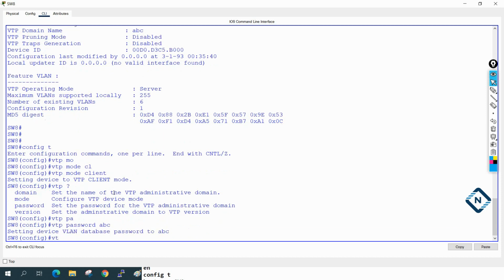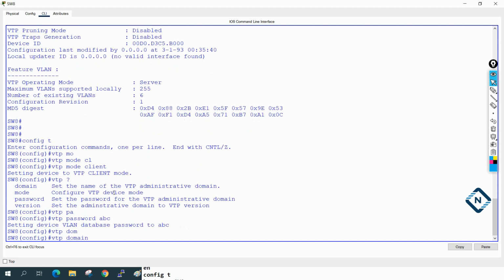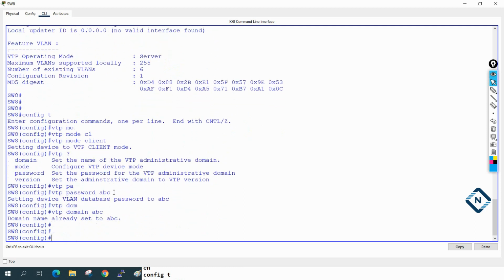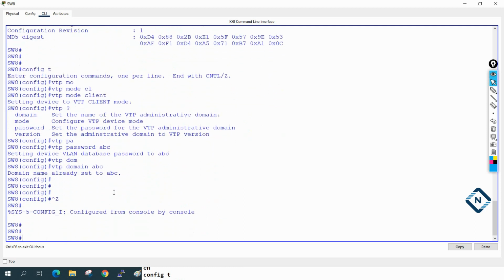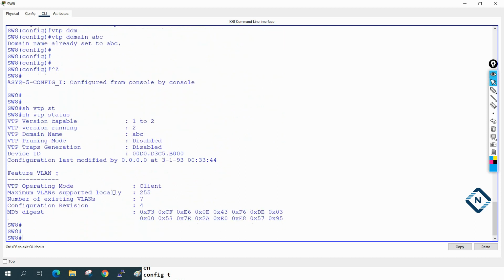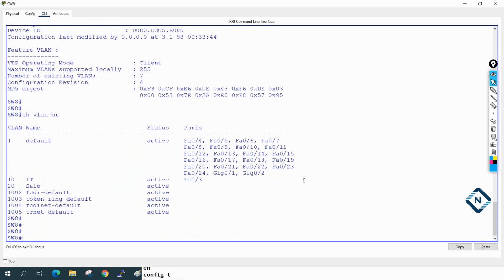And the VTP domain is ABC, before we gave the same thing, so it is already there. Now let's see, show VTP status. So this is client, and this is the domain name. Now we can check show VLAN brief. Now we have VLAN 10 and 20.